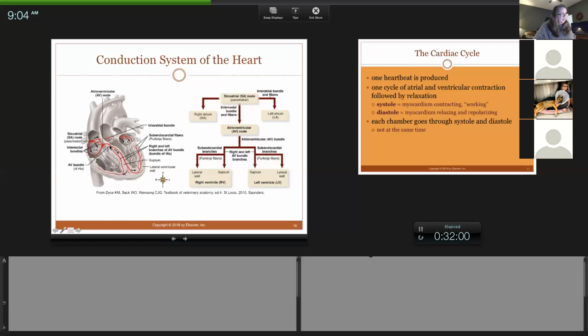What is the AV node? The AV node is the connection from the SA node to the Purkinje fibers. Think of it like an electrical impulse has to go through switches. So it starts in the SA node. The AV node is going to pause or delay that impulse and then send it to the Purkinje fibers. So we have a coordinated beat. If the SA node just fired, the whole heart would contract at one time. So the AV node is kind of like, wait, okay now.